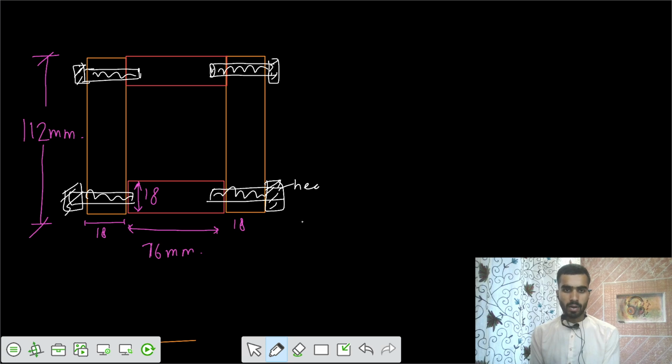We call this the head of the bolt, and this is the shank part of the bolt. So there we have 4 bolts driven in that section, and the section is subjected to a shear force of